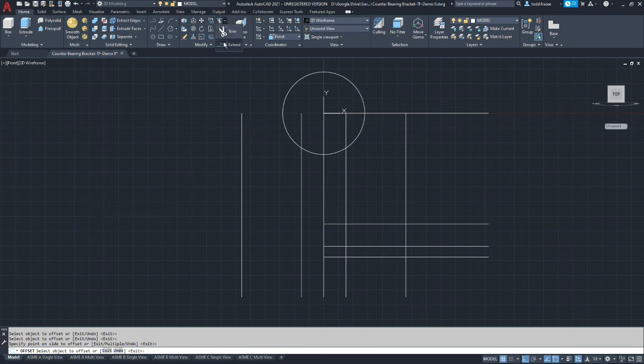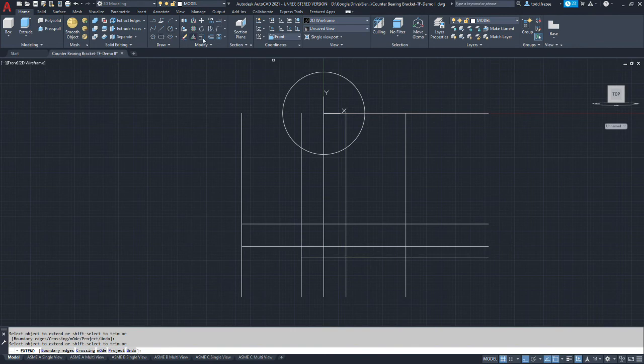So first I'm going to go to the extend command. And I'm going to extend this top edge, which represents the thickness of the base flange, and the line below it, which is the bottom half of the base flange. And we'll extend the keyway boss to its extents.